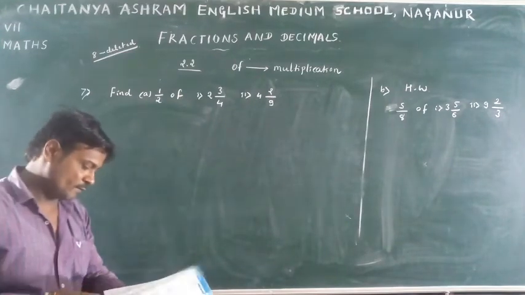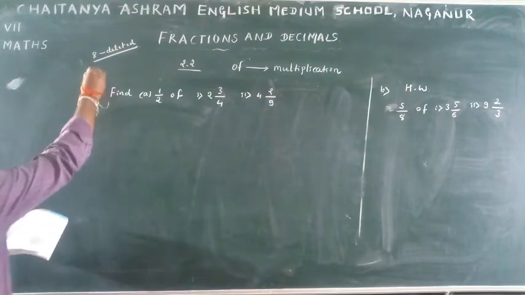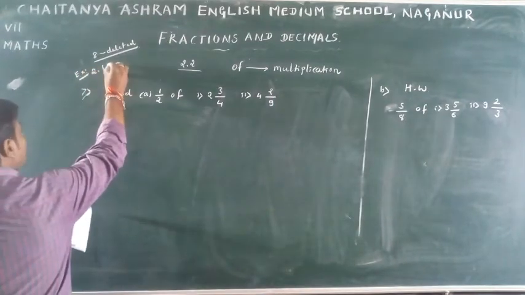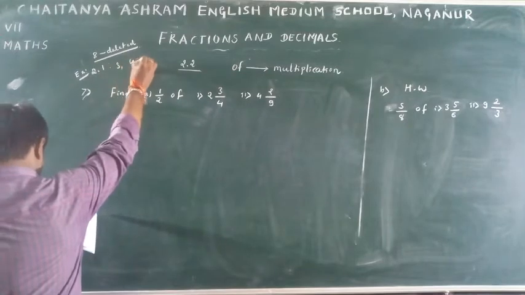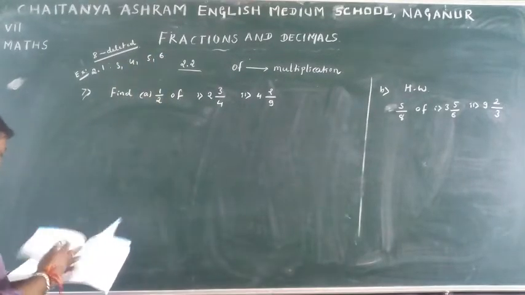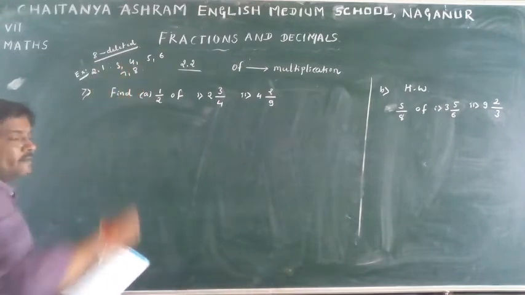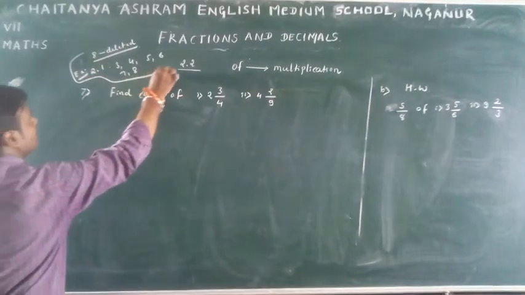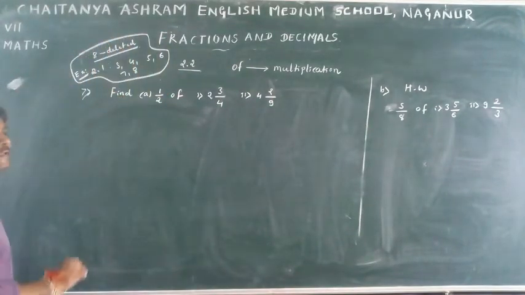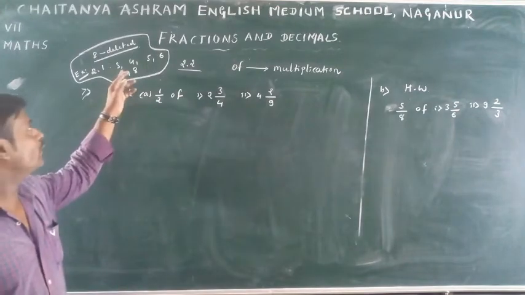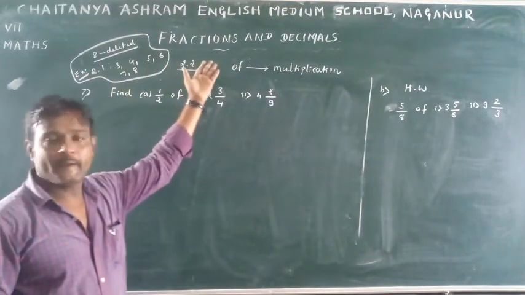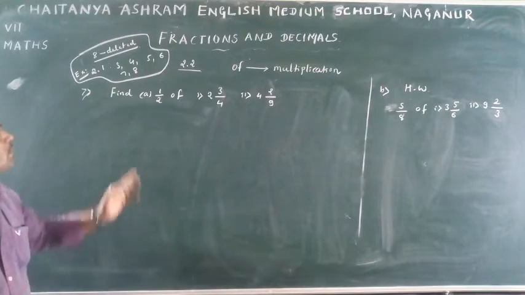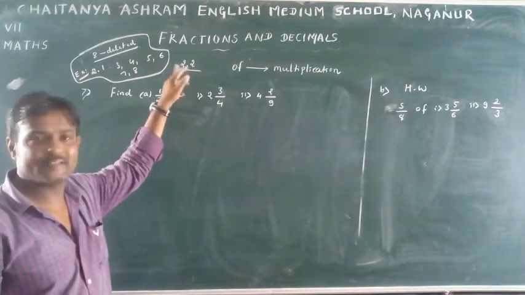In exercise 2.1, they deleted the third one, fourth one, fifth one, sixth one, seventh one, eighth one. Yes, so don't bother about these questions. As per the syllabus committee of the Karnataka School Secondary Education Board, they decided to delete these sums in this topic. Clear? So according to them, we follow the syllabus. So see, this is the last question of this exercise.